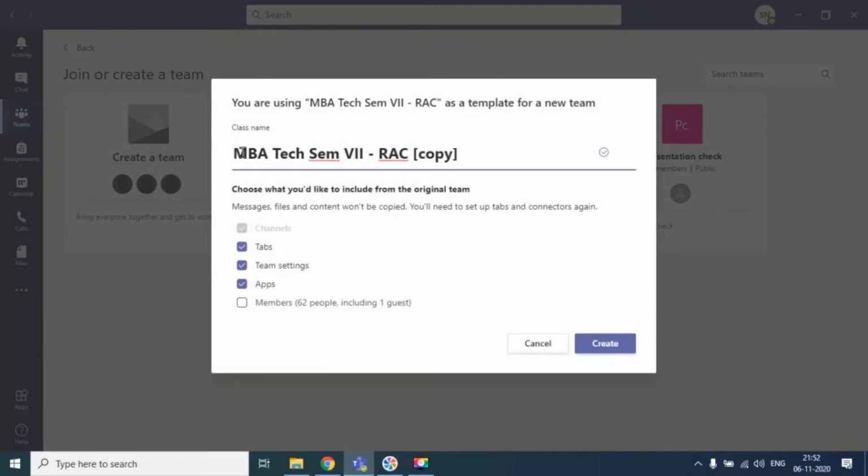As soon as I do this, there are some options which we will be looking at now. For the name, I would request it should start with exam November 2020, and then the branch and the class name. There is no need to write the subject over here. So semester and so on. After writing the proper name, we will just remove all these things because we do not want anything. Only one thing we would be clicking on is the members. So we just want to copy the members from an existing team. I'll just click over here and click on create.